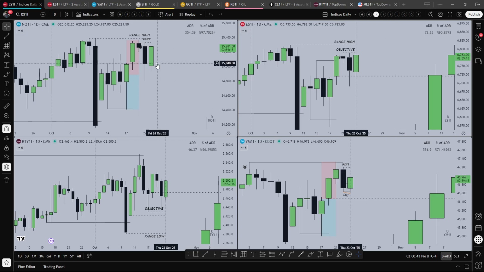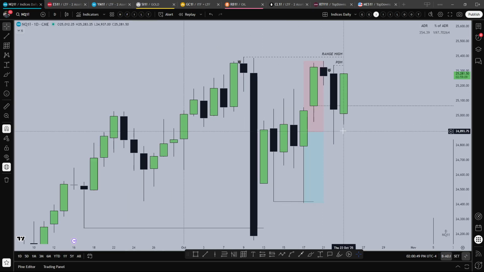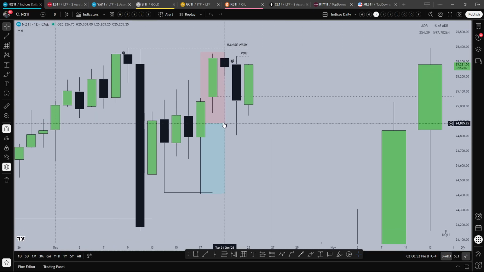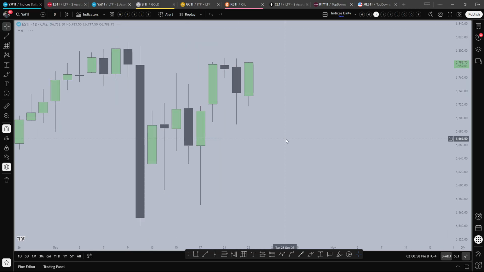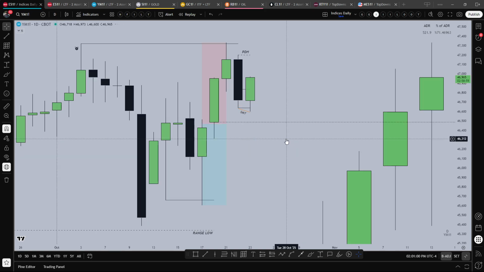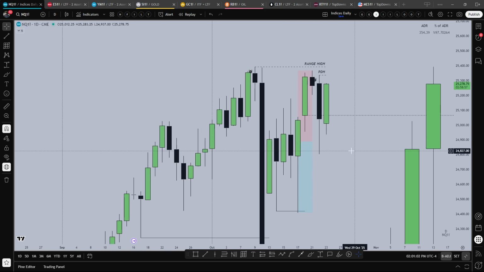Going into the day I was bullish on NQ and ES. I wasn't okay framing shorts on these assets here because of this. What if I show it to you on